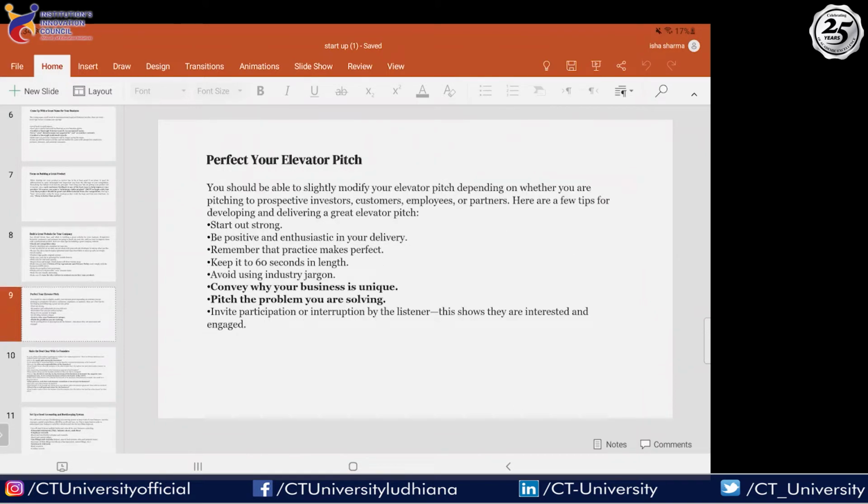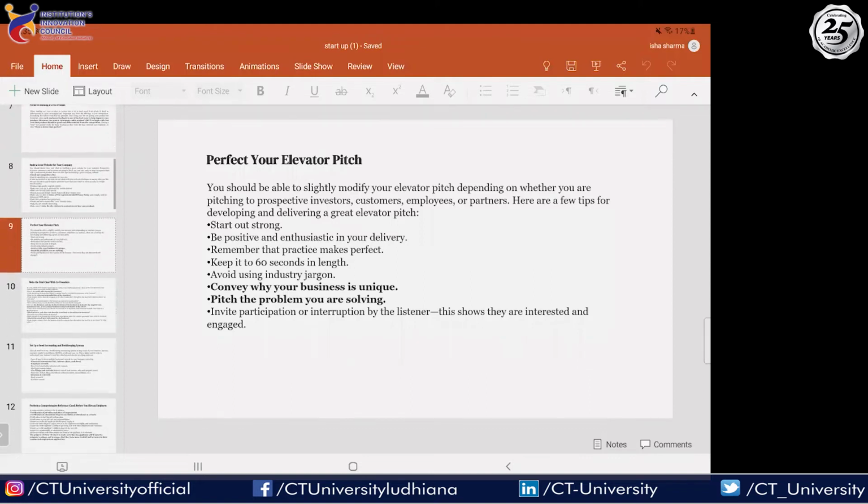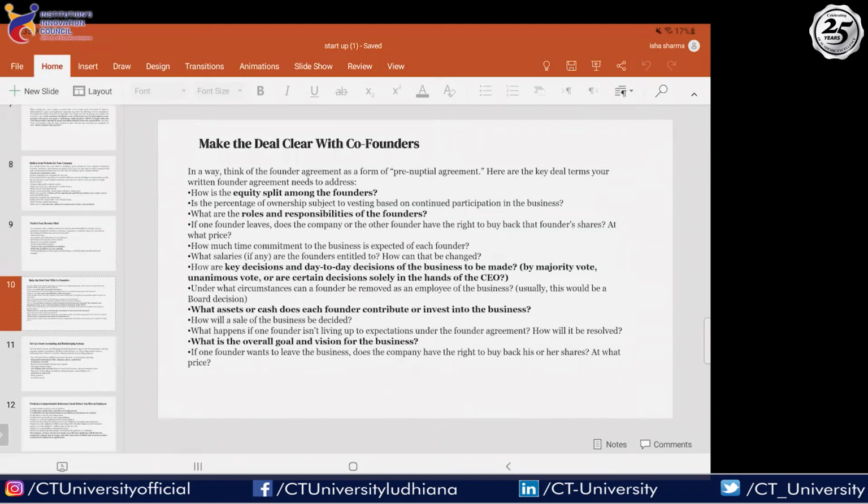Then suppose you are ready with your idea, your website, your company, and everything is sorted. Now you need to have a pitch deck ready. A pitch deck basically means raising funds. You will have a summary of whatever you have created, related to your idea, in the form of a presentation or a PDF. You can choose according to the investor's demand as well, conveying why your business and idea are unique, what problems you're solving, and how you are solving them.